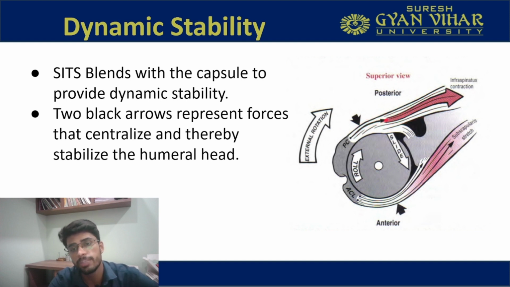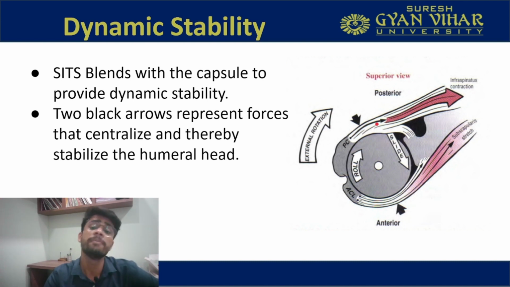We know that the infraspinatus muscle is blending with the capsule. Because it is blending with the capsule, your capsule will not slacken over here. Slackening will not occur because of the contraction of the infraspinatus muscle. Also in the anterior direction, your anterior capsule will be tightened. Your subscapularis stretch will also be there, which is providing a double tensed force. There is double the amount of tension over here because the muscle is getting tensed and your ligament is also getting tensed. Slackening of the posterior capsule is not occurring because the muscle is contracting.